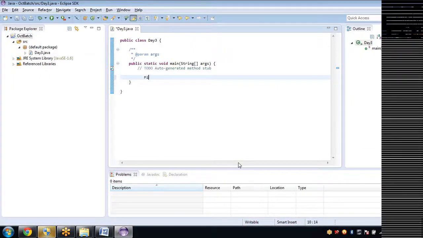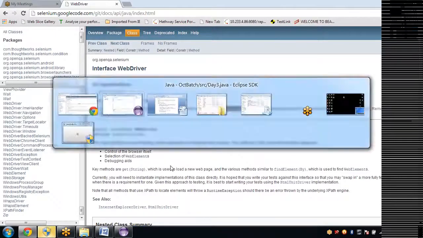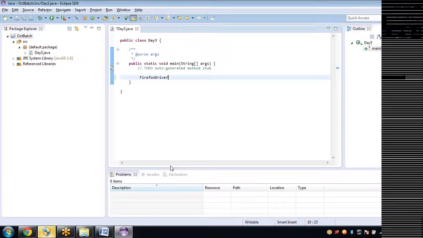I have decided to choose Firefox driver class. Copy same and paste it here. Fine. This is the class. Now I'll create an object for this class.